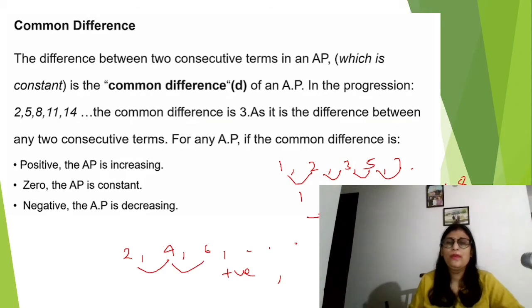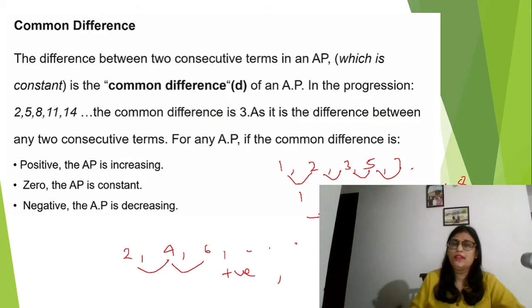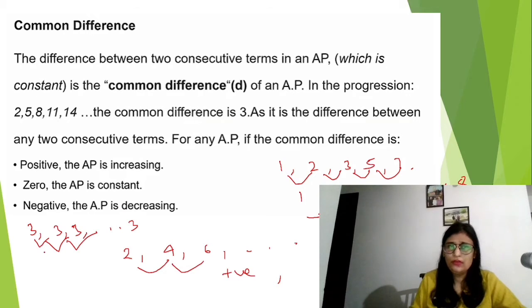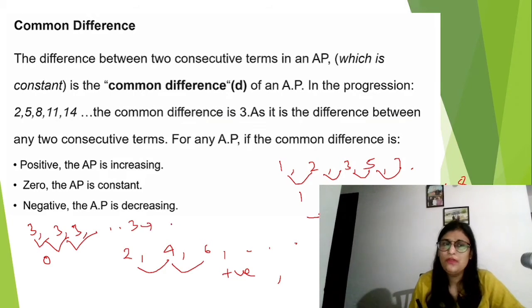And there is one more pattern for this. When there is a constant series, it means the same number is repeating each time. Suppose I have taken a series which has only one number, which is 3. This is known as a constant series. There is a gap of only 0. The difference is 0. This is also a type of arithmetic progression.